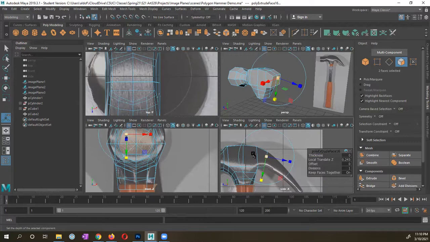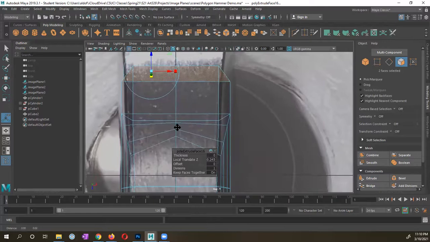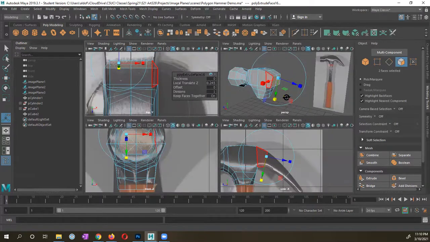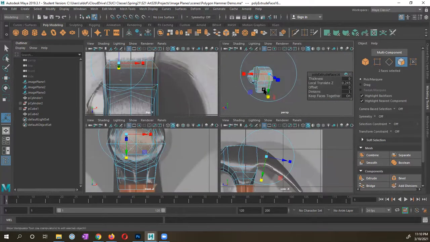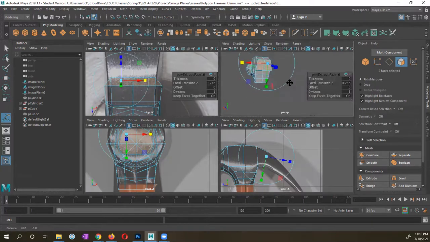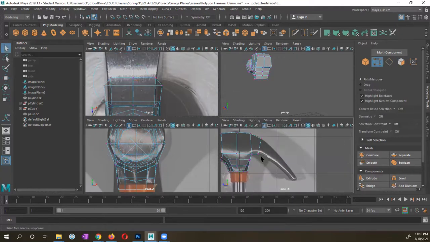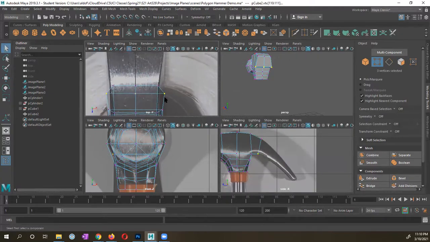So I want to get that shape. Now I also want to make sure that within my top view, it might be a little confusing, but you notice how on the bottom it gets a little bit thicker. So this one is that bottom edge, and this one is the top edge. So I'm gonna just scale one of these out, but what I want to do is switch to my vertices. For these, I'm gonna scale them in a bit